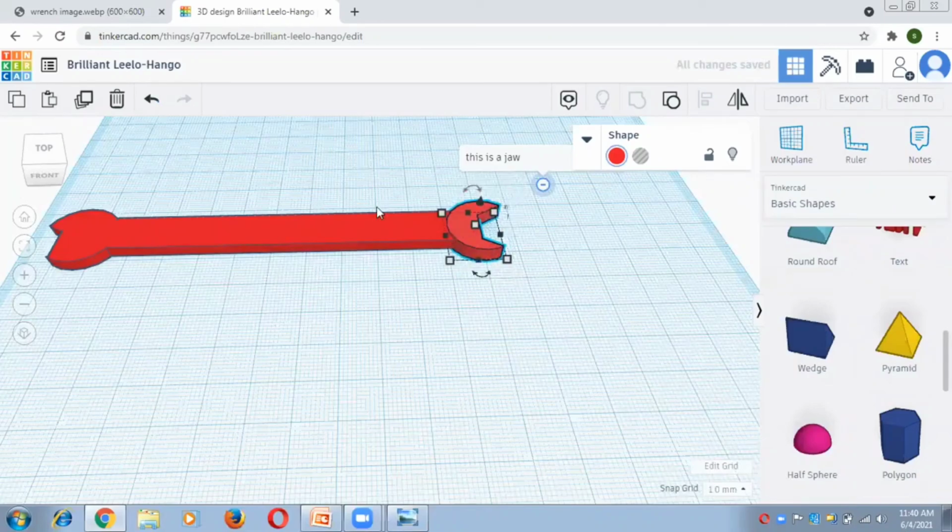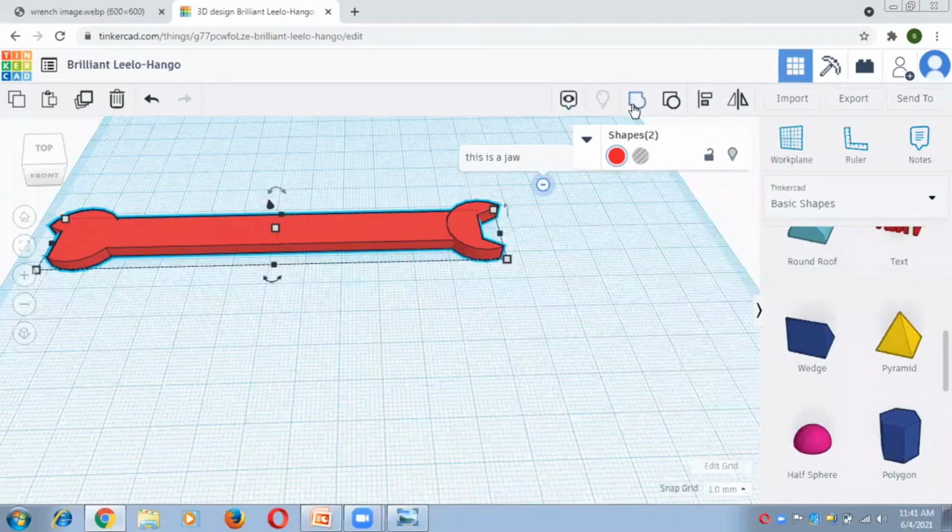After that, we will group this third object with this particular object. The steps are the same for grouping. Firstly, you have to click on this part. After that, hold your shift key on your keyboard and click on another object and then click on group. And now you can see this is your wrench which you want to design in TinkerCad. So this is your final